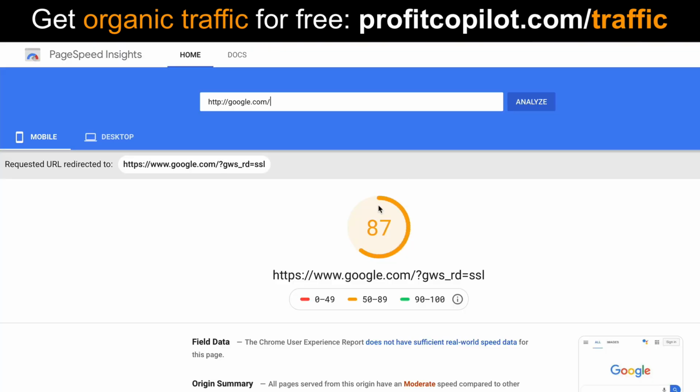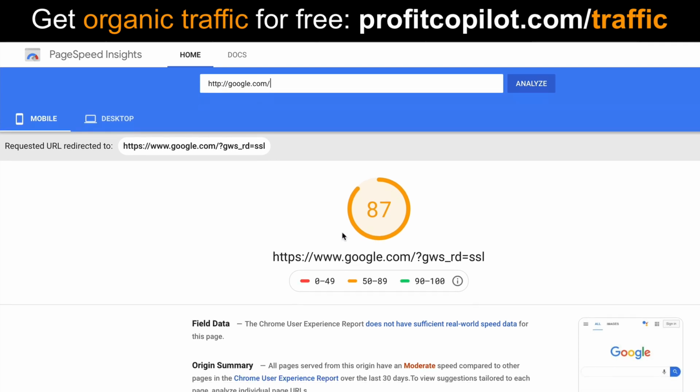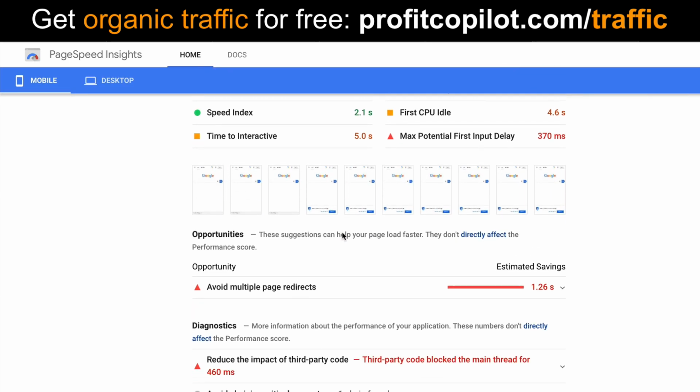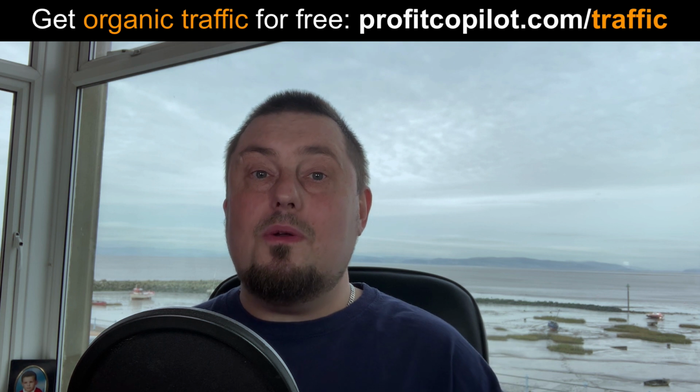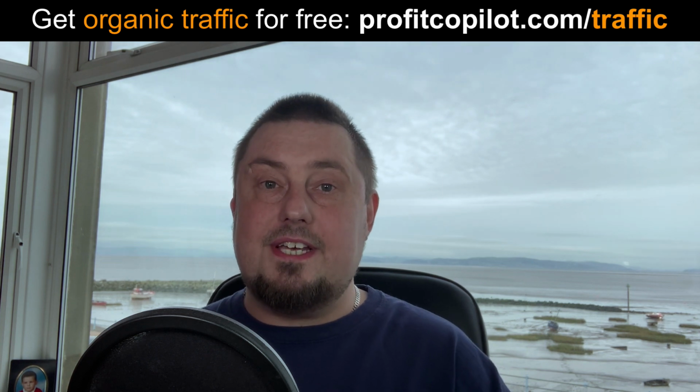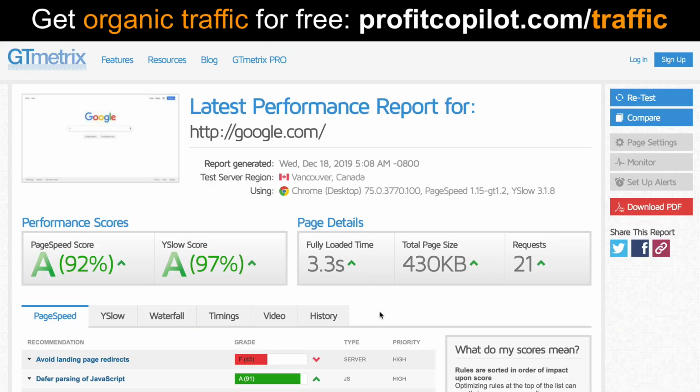In either case, you want to follow those recommendations and make sure that your web pages are loading at optimal speed, because the faster someone receives your web page, the more likely it is they're going to stick around on your site and take the type of action you want them to take. So do analyze page speed, make sure that it's running at optimum speed,